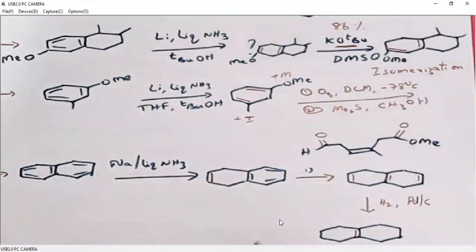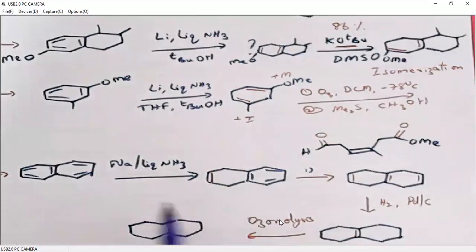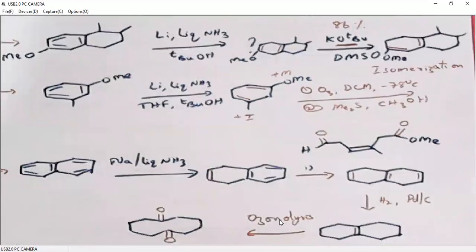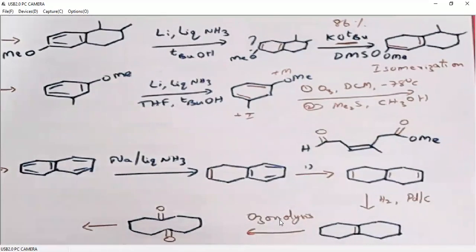Even this can be further extended under ozonolysis conditions because it is an alkene. Ozonolysis will generate two carbonyls. So we will break this double bond here and add two carbonyls, one carbonyl here, one carbonyl here. When we have a carbonyl, we can still extend this to aldol condensation. So when we treat this dicarbonyl with potassium hydroxide in methanol,